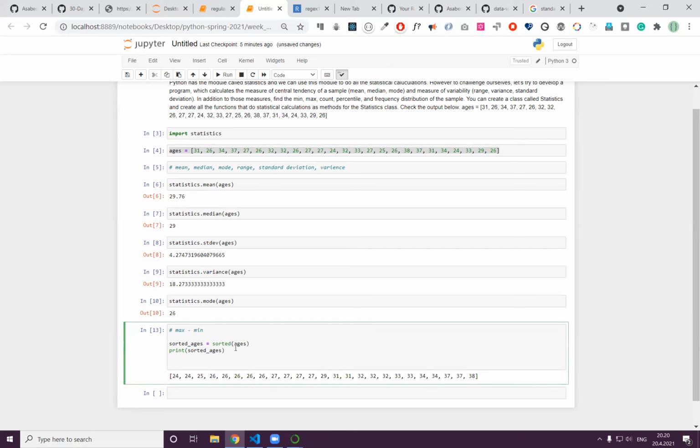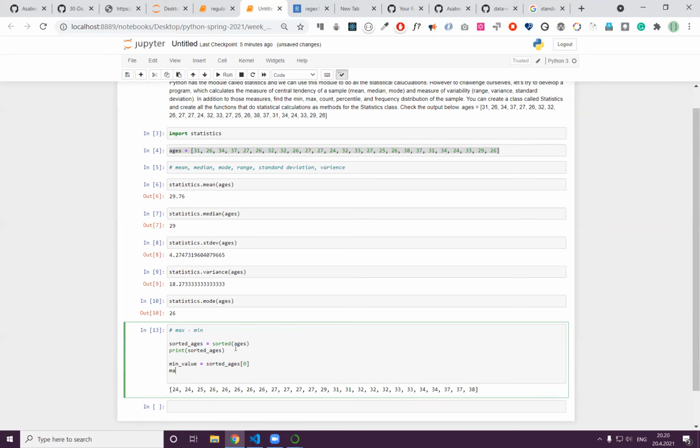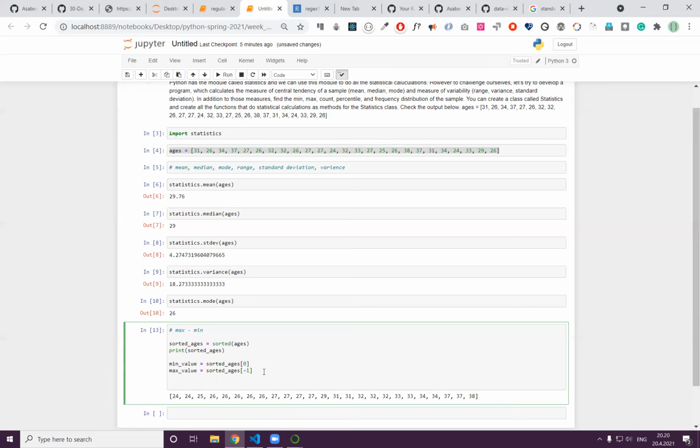Then the minimum value will be sorted ages, the first value. And the max value is equal to sorted ages, index minus one. Then we can say range value is equal to max value